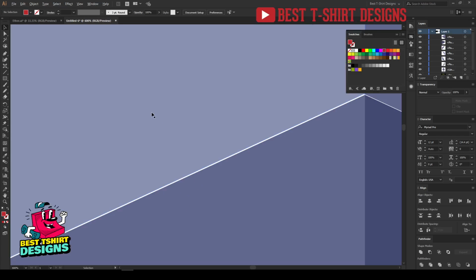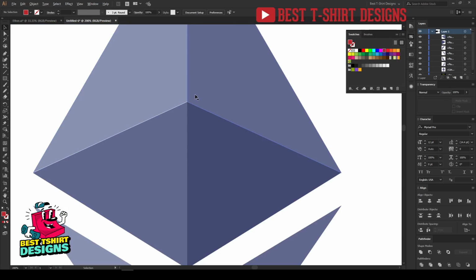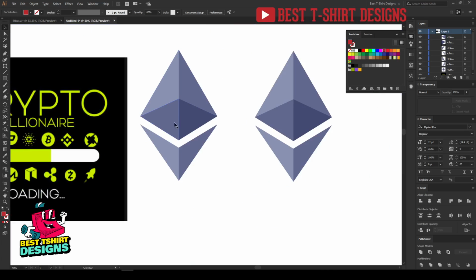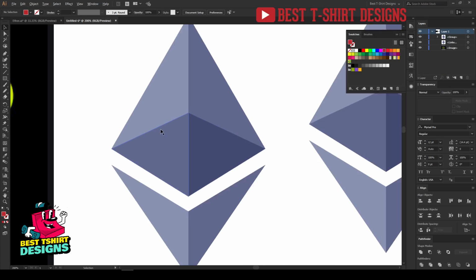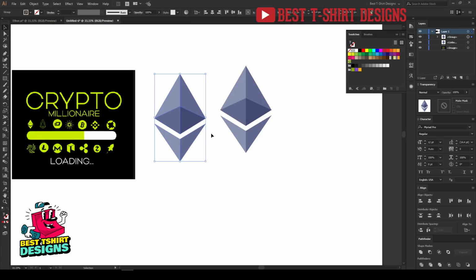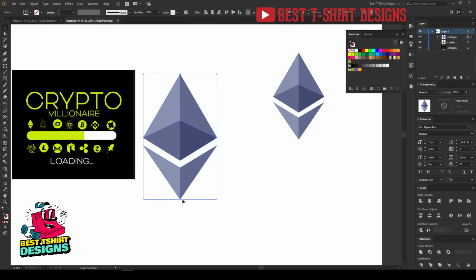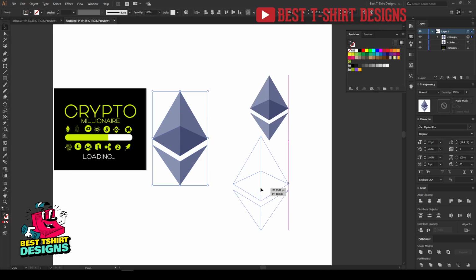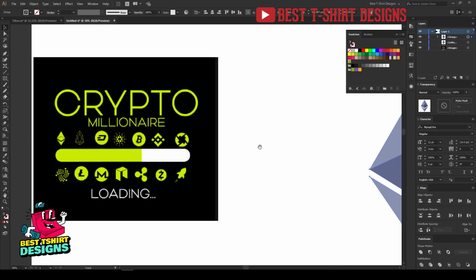So there is some extra space here, you can see some missing area, but that is because my line was not too perfect here. Let me fix it for a second. Okay, so after fixing that, you can see this is how it is looking. That means this is a vector file, this is a raster image, so I'm going to use this one. So this is my Ethereum logo here, this part is done.